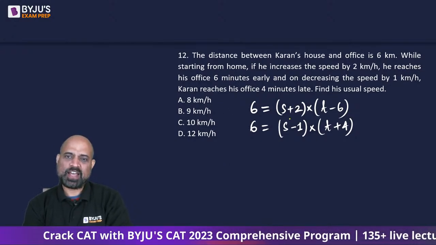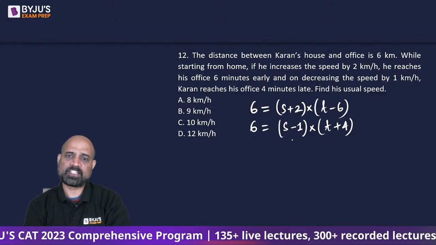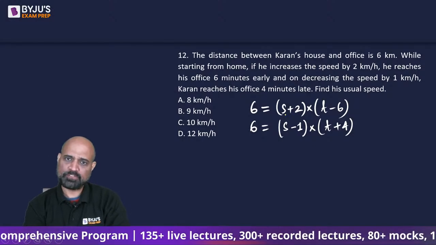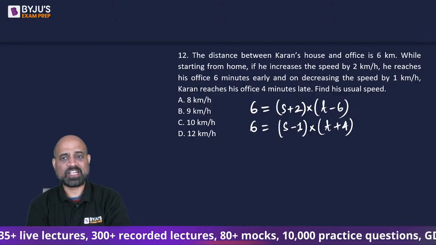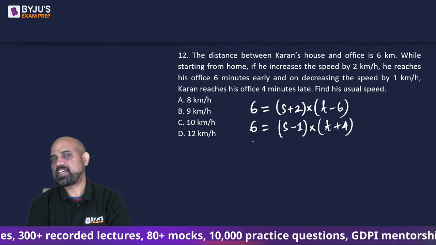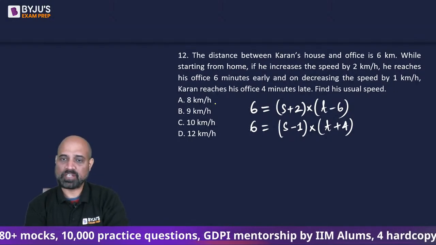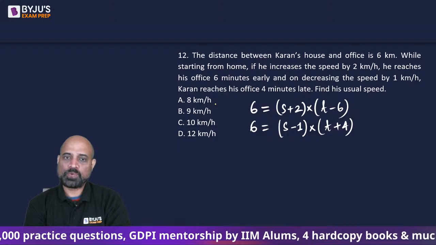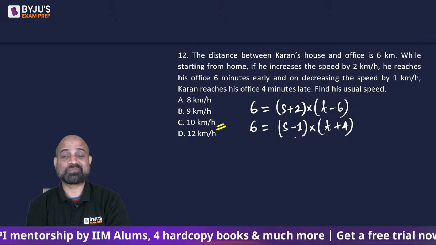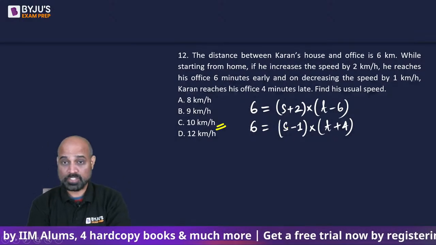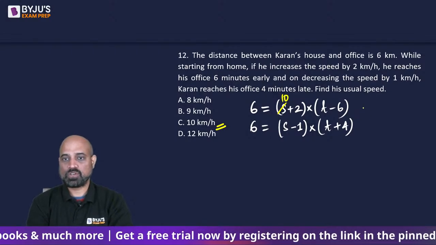So we need to have a number, let's say S, such that when you add 2 or subtract 1, it should give us a simple fraction. Suppose if I take S as 8, 8 plus 2 is 10, and 8 minus 1 is 7. So 6 by 7 won't be an easy number. So we don't start with 8. What we can do is start with this one, because 10 plus 2 is 12 and 10 minus 1 is 9. They both will be good. So if I put S as 10 here, so I will get